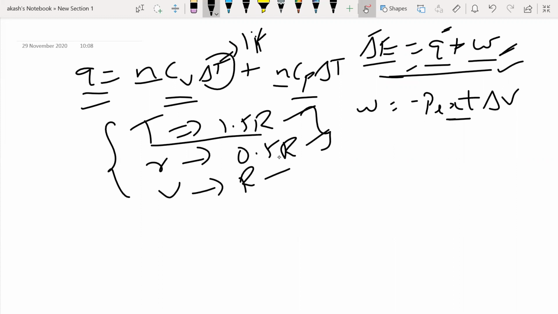Fine. So now that we know the equation for the first law, I'll be able to modify this first law equation for different kinds of processes. Say I can have an isobaric process, that is a constant pressure process, an isochoric process, a constant volume process, and an isothermal process. All these things are there.